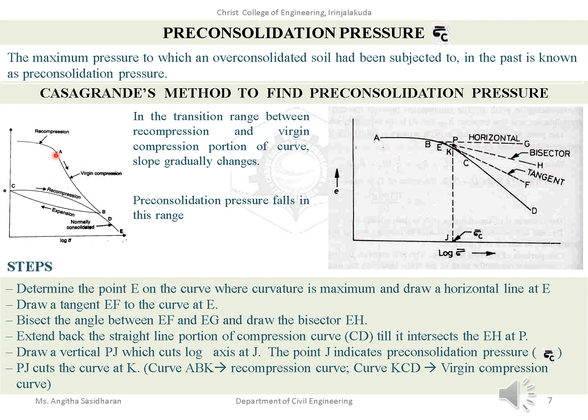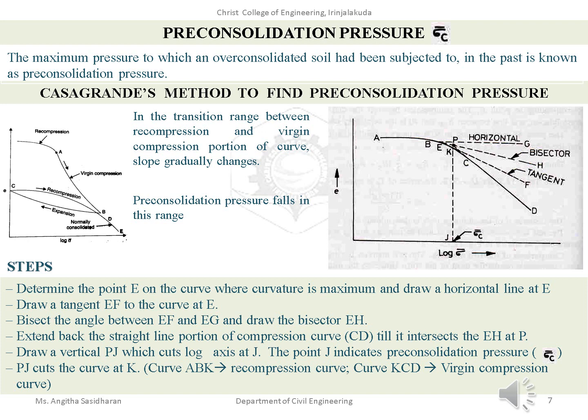So how do we find out that pressure, the exact value? That is done using a method proposed by Casagrande. This figure is an enlarged view of this particular small region of gradual change in the slope. So don't get confused with the notations used. This A is not the same as this one. So we can see how the exact value of the pre-consolidation pressure is found.